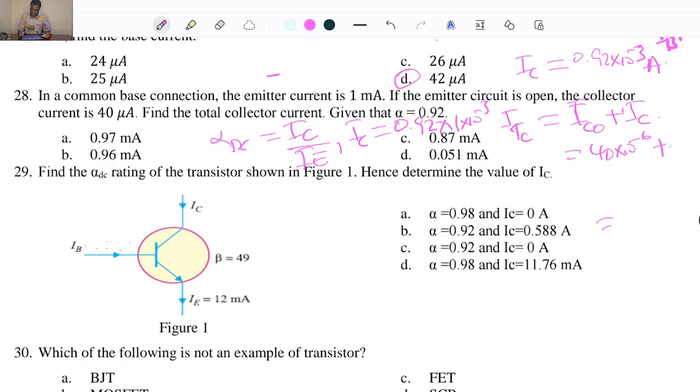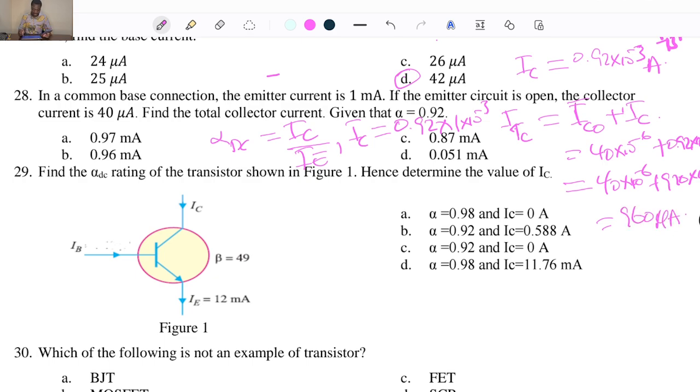So we add it here plus 0.92 times 10 to the power minus 3. And what do we get? One way you can go about doing it is by making this one also be in terms of micro. So I can have 40 times 10 to the power minus 6 plus this one in terms of micro, well, 920, right? Times 10 to the power minus 6 rather. So that I can have 40 plus 920 is going to be 960